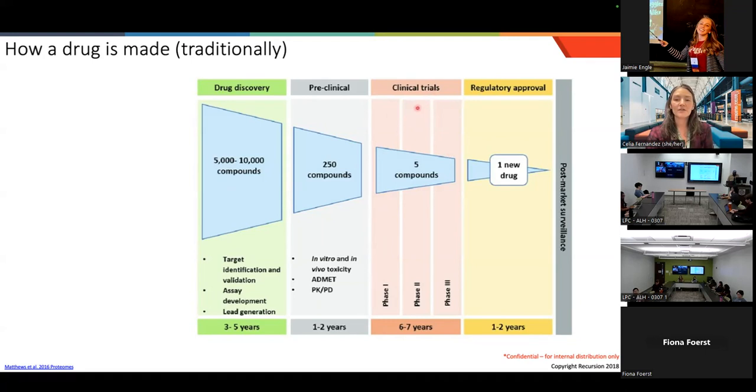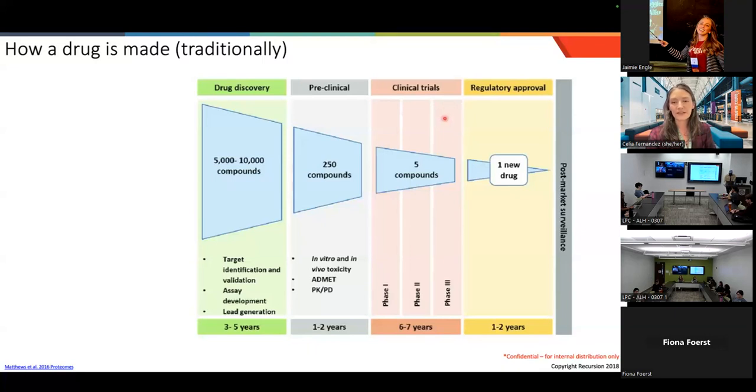And then you have some readouts. This could be something like cognitive tests. This could be blood draws. If there's something in the blood that you know you can measure that tells you if the drug is working properly. This could also be brain scans. It depends on what particular indication or disease you're going after.